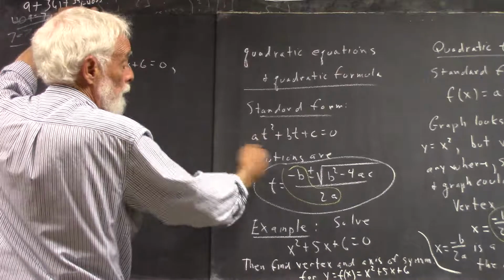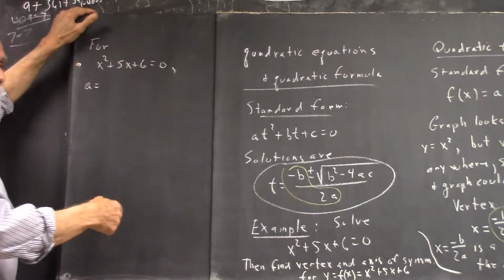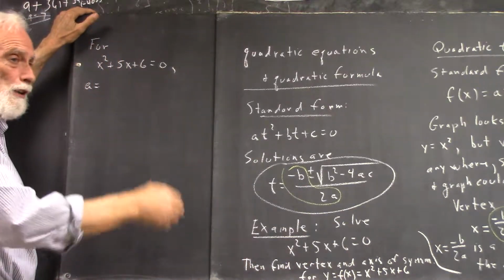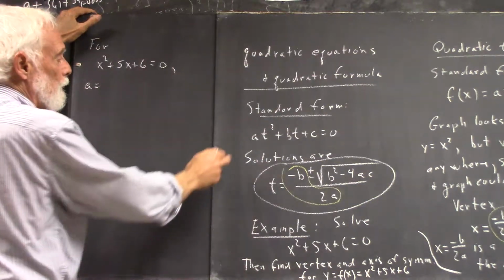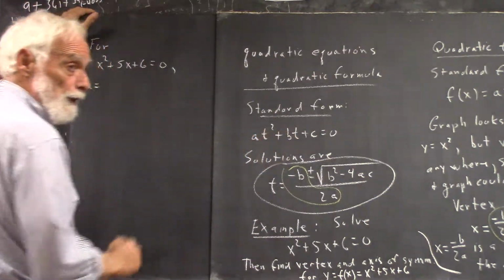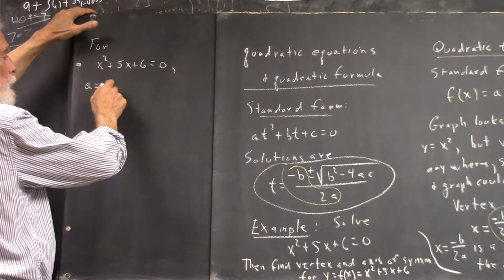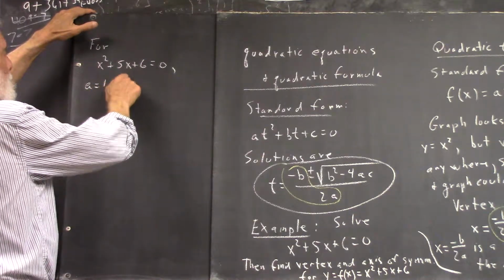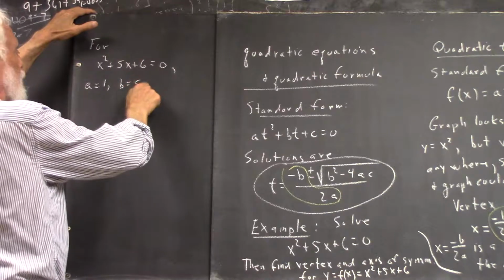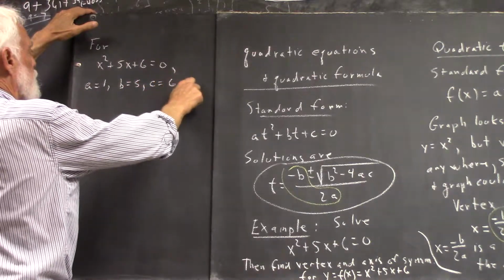No, it's t squared here, remember x and t are interchangeable, although don't interchange them in the same problem. When you look at the formula, just whatever the variable is, that goes where t is. Okay? So, a equals 1, b equals 5, c equals 6, so